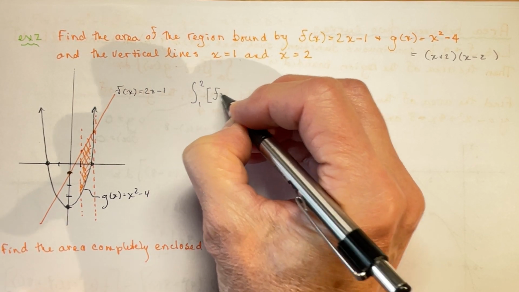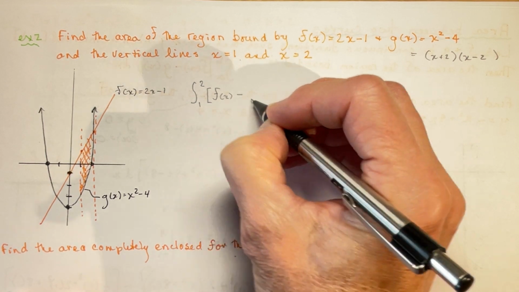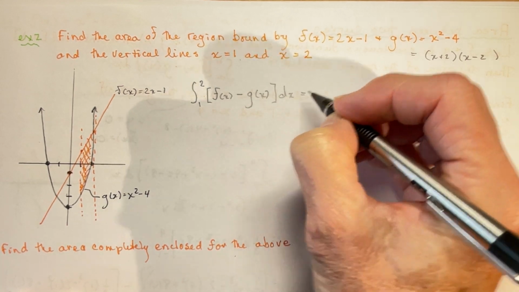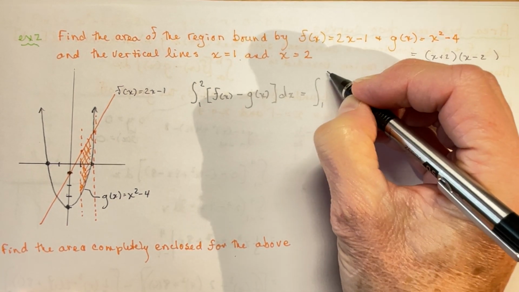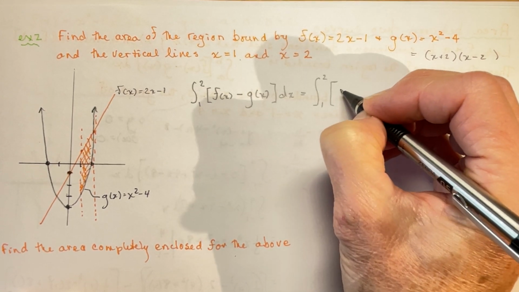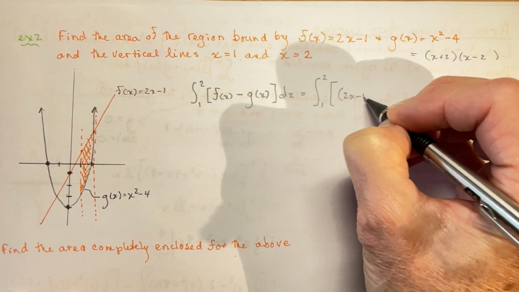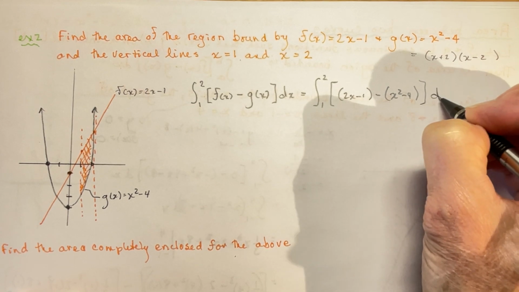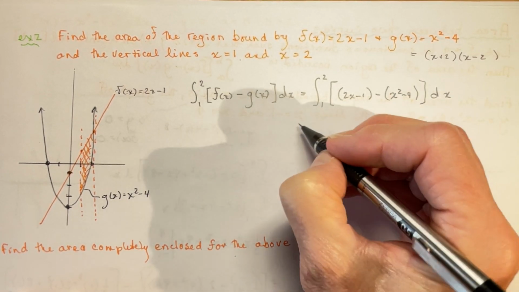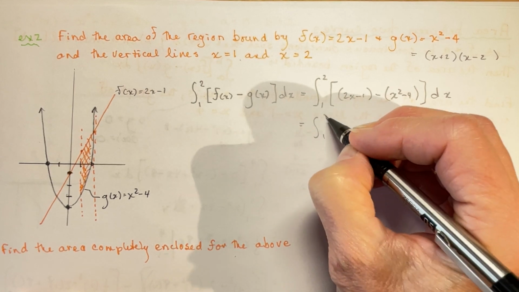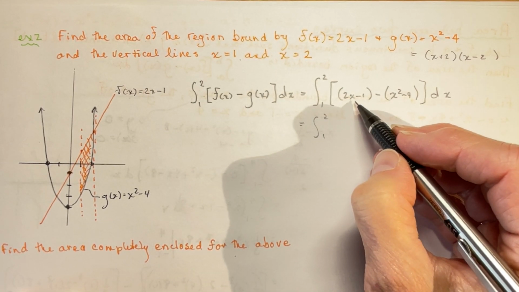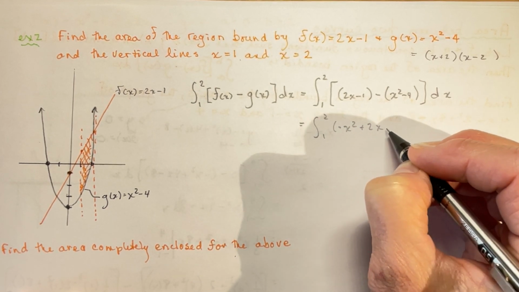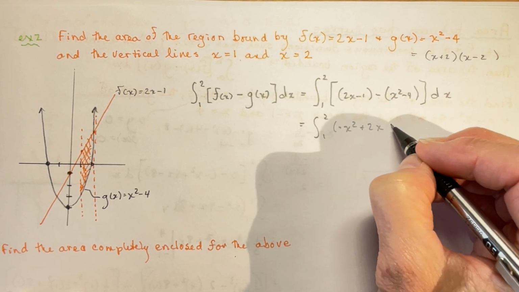of f of x minus g of x dx. So now I can just plug in the two values. I'm going to go between 1 and 2, and I'm going to put in 2x minus 1 minus x squared minus 4 dx. Now, it's quite a smart idea to simplify what's in the brackets here. So I'm going to have negative x squared plus 2x, and this is minus a minus, so that's going to be plus 3